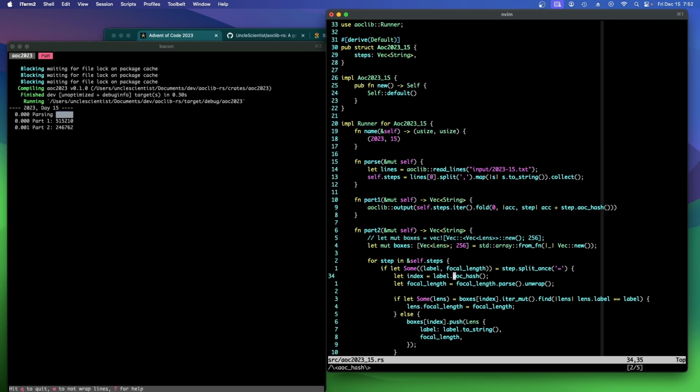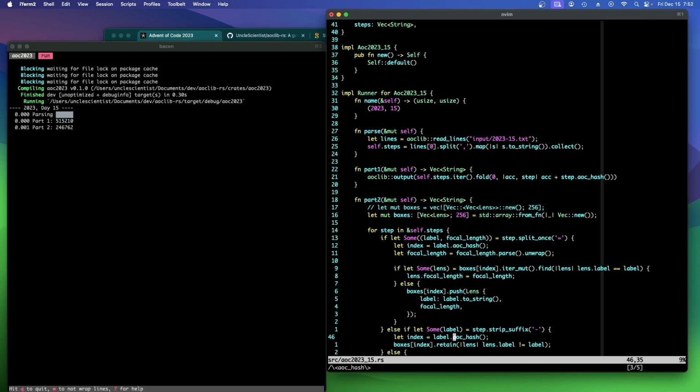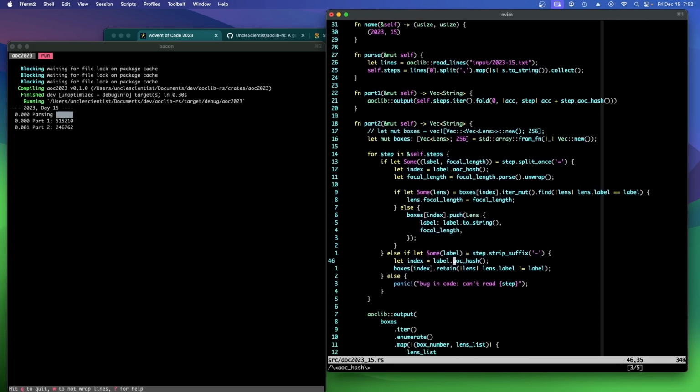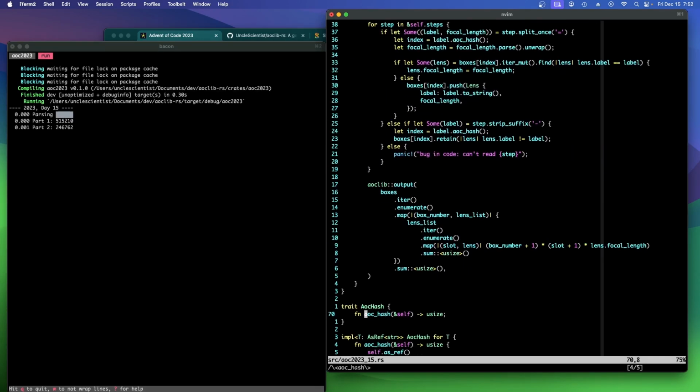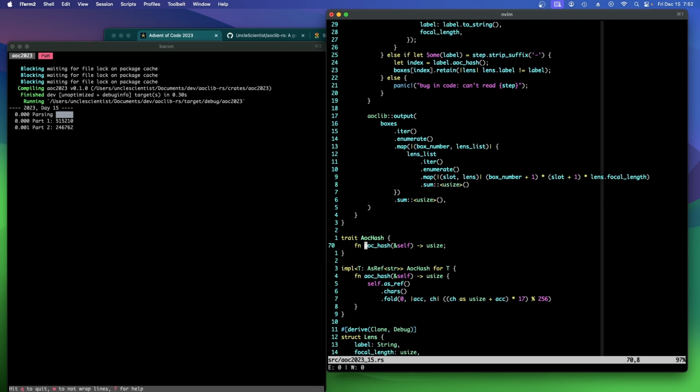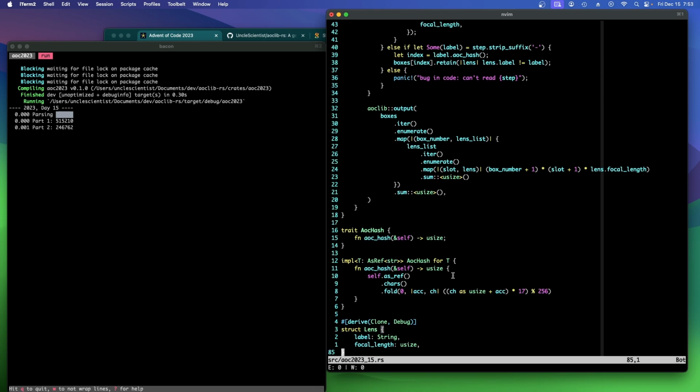And where else do I use AOC hash? Right there, and it's just use it directly, perfect. That's it. All right, so that did it. I'm just going to have to remember that when I do the as ref, I should take the ref, and then I'll get the thing that I'm looking for. All right, that's pretty clean. The only other thing